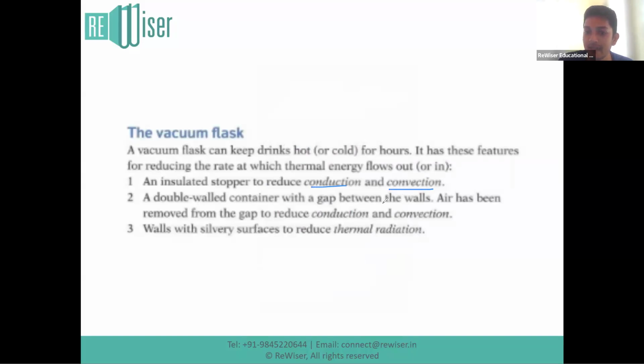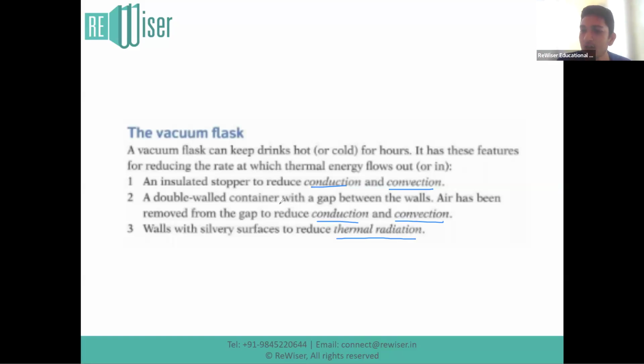A double-walled container with a gap in between, specifically a gap made of vacuum, will reduce transfer of energy or dissipation of energy to the surrounding environment. And the walls are made up of silvery surfaces so that the amount of thermal radiation is reduced. As we've discussed in the previous screen, the silvery surfaces are bad emitters, which is advantageous because energy needs to be kept within the flask. Bad absorbers, yes, which is again an advantage because energy should not be dissipated to the surroundings. They are good reflectors so that the energy that tries to go out is reflected back and kept within the liquid, which is usually